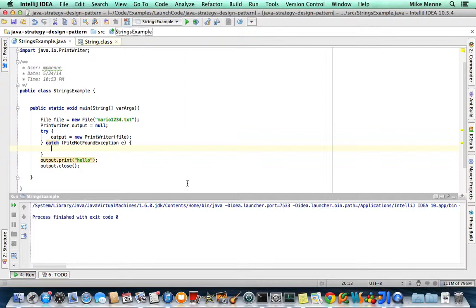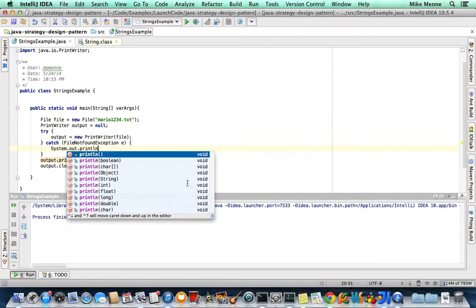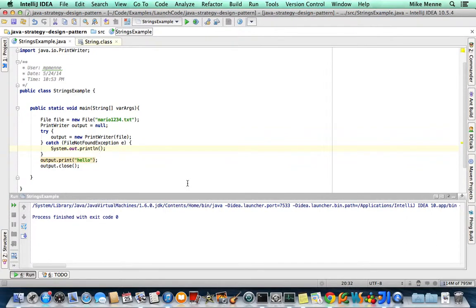The reason why this is so bad is that if there is a problem that happens in your application, like if you do pass in a file that does not exist, there's going to be absolutely no way of knowing that something bad happened. The program's just going to keep going on as it did before, but it's not going to tell you what the problem is. So always, always, always either log to a file or use system.println. It'd probably be better to use something like log4j, but